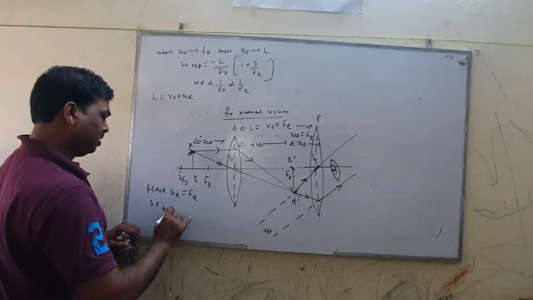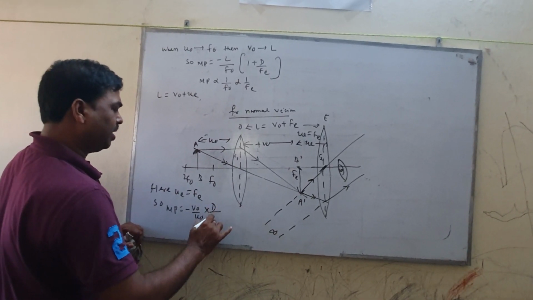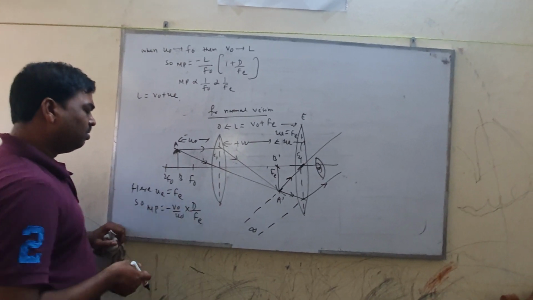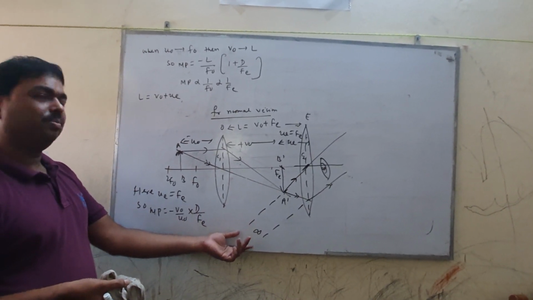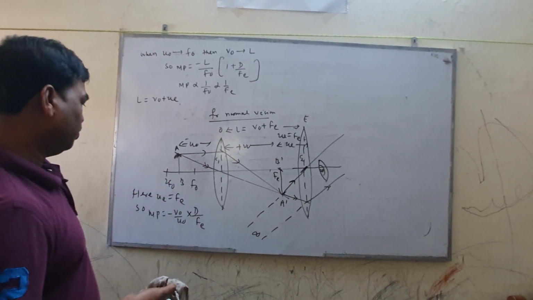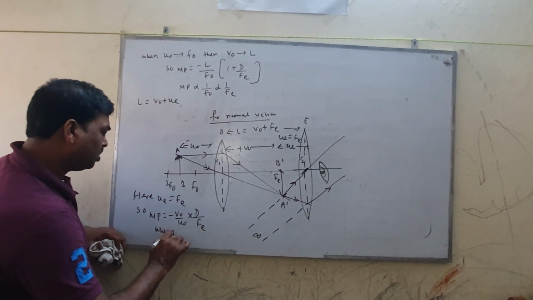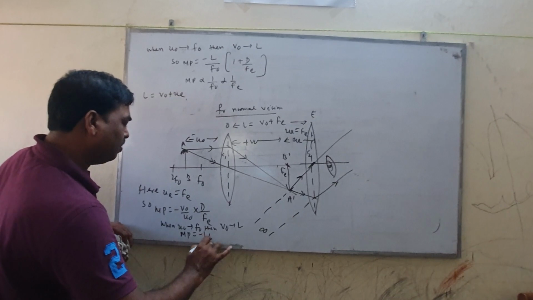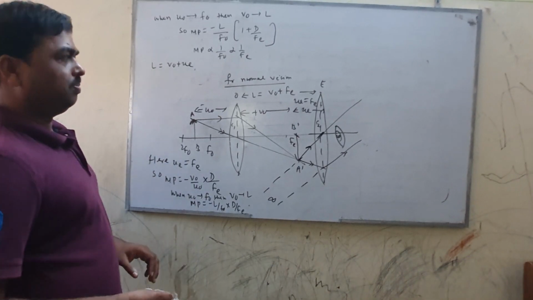So the magnifying power is equal to minus VO by UO into D by UV. In place of UV, you will put FE. The minus sign indicates the final image is inverted with respect to the real object. But you may ask, sir, how will you know this is inverted? It is at infinity. But look, infinity means a very far point, not the sky or somewhere in the universe. Minus VO by UO, and you can also put, when UO tends to FO, then VO tends to L. Then the magnifying power is also minus L by FO into D by FE. Okay, completed.